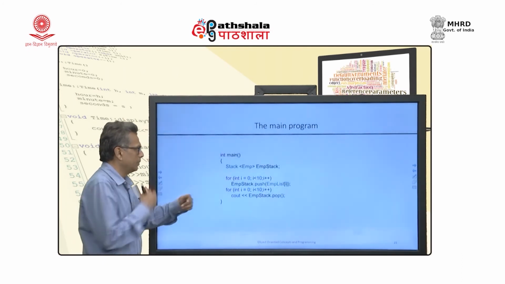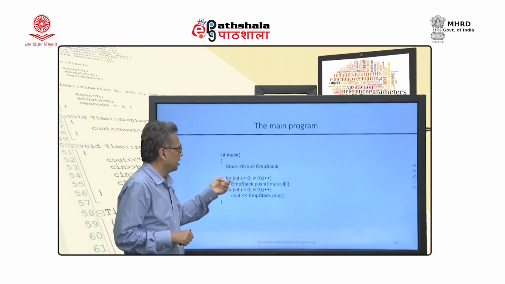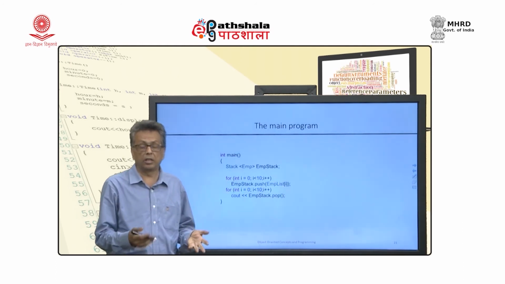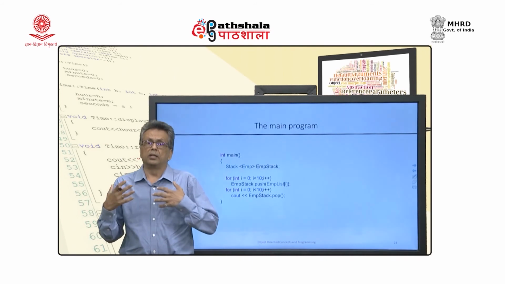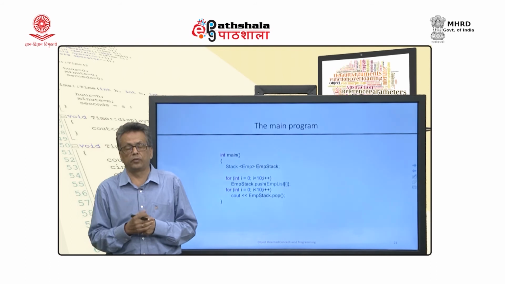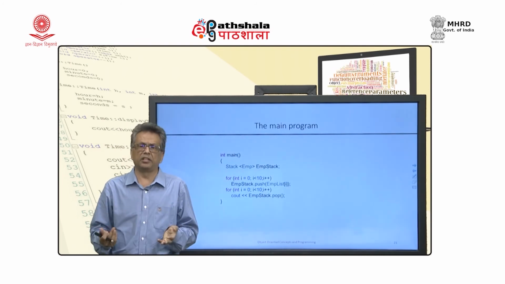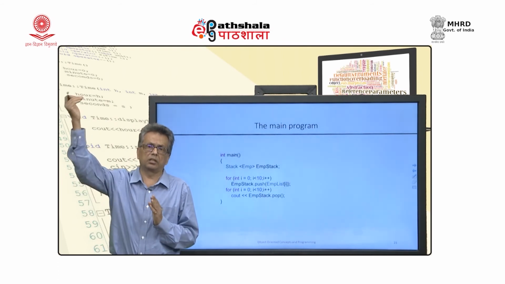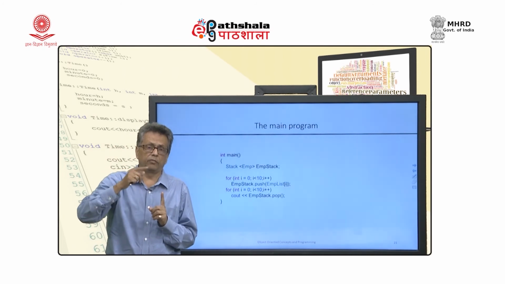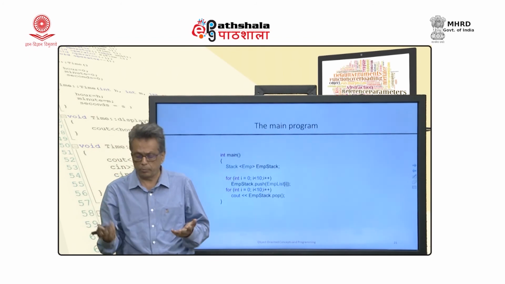The main program is pretty simple. It defines an employee stack, then it pushes 10 elements and then pops all 10 elements out. If you run the program, you will see that the elements are displayed in exactly inverse order of how they were in the array. Obviously, the reason is that the stack is last in first out, so the last thing inserted comes out first. So, 1 2 3 4 5 are inserted, and 5 4 3 2 1 is popped out.